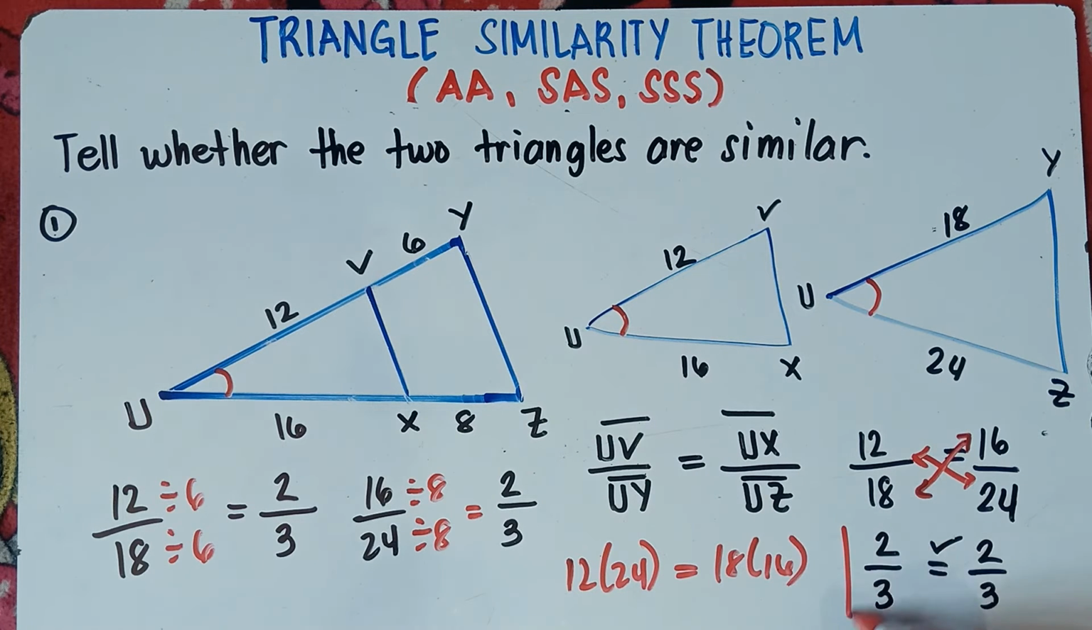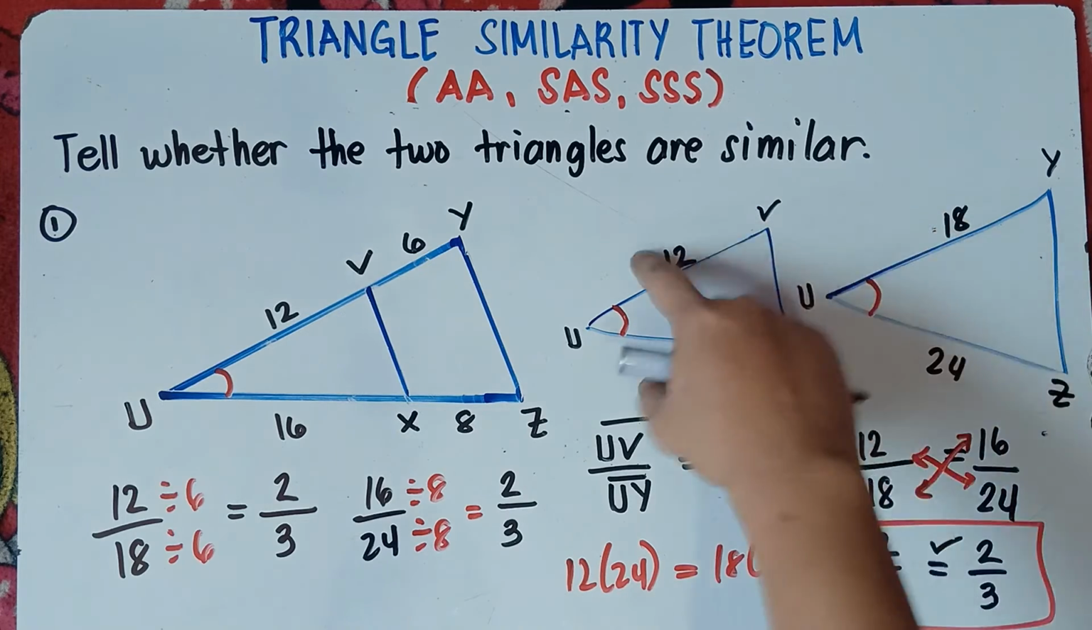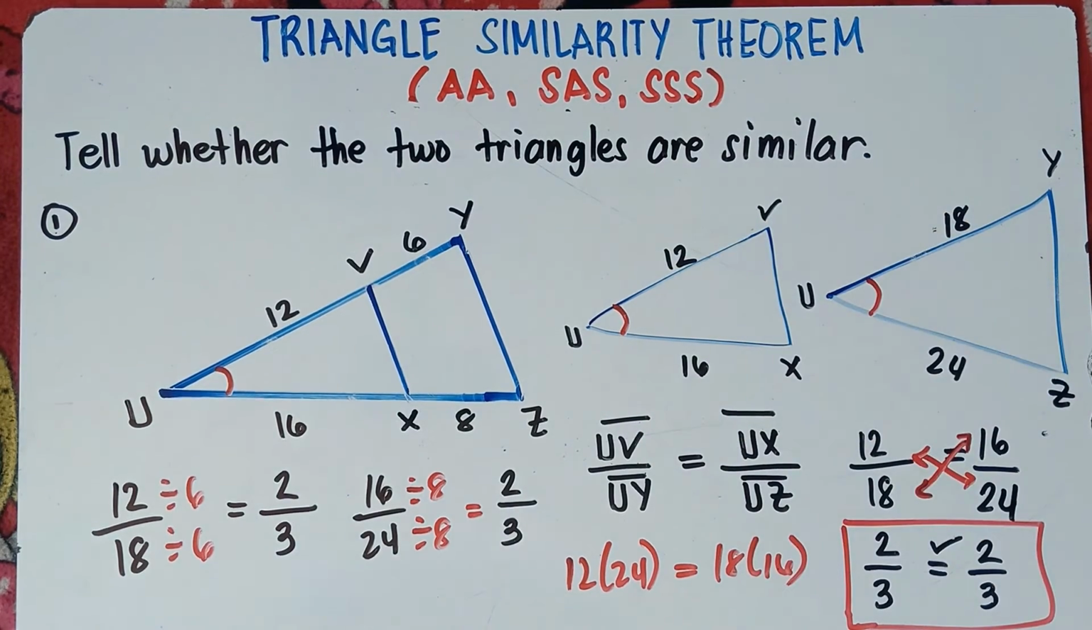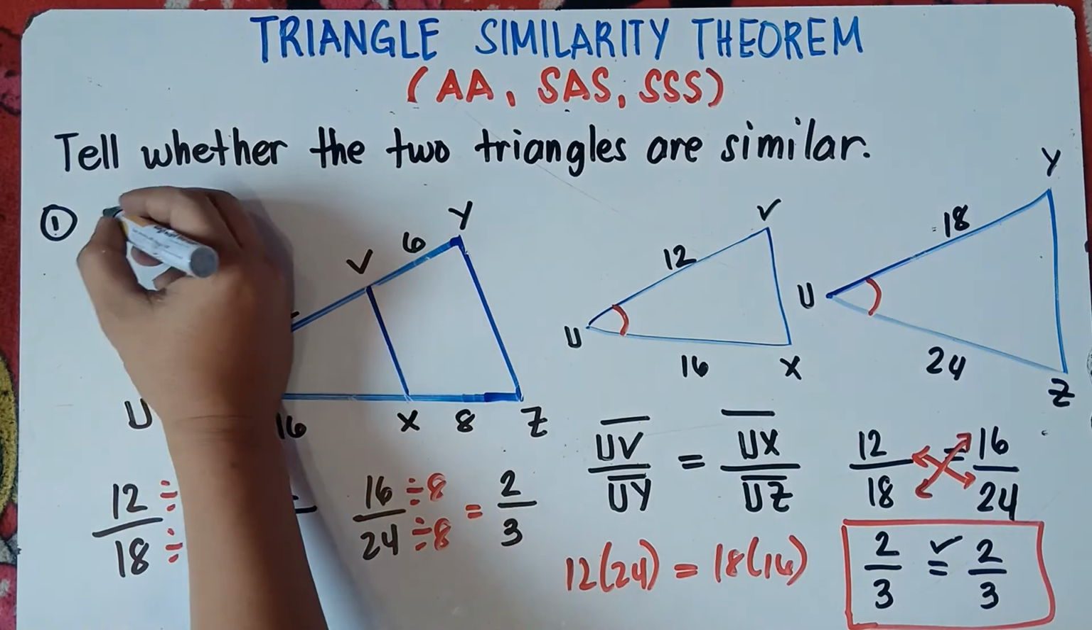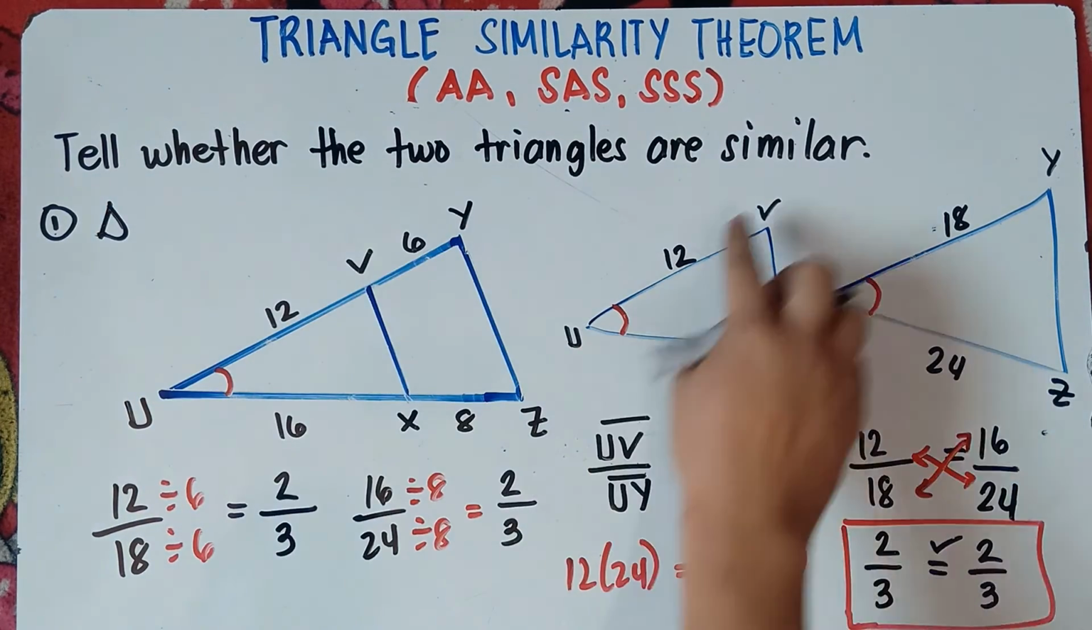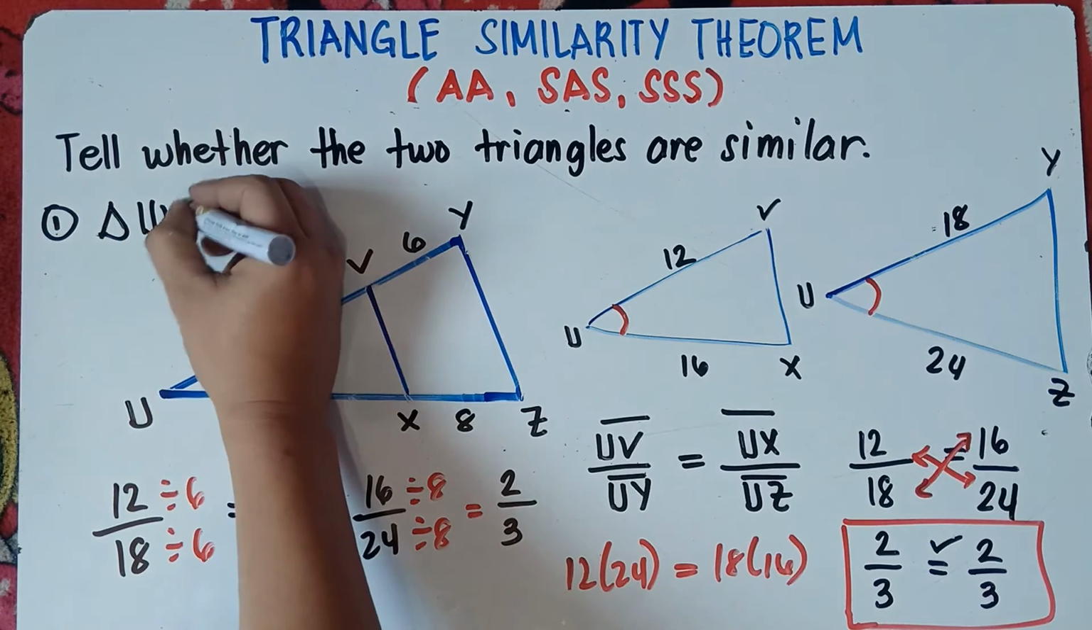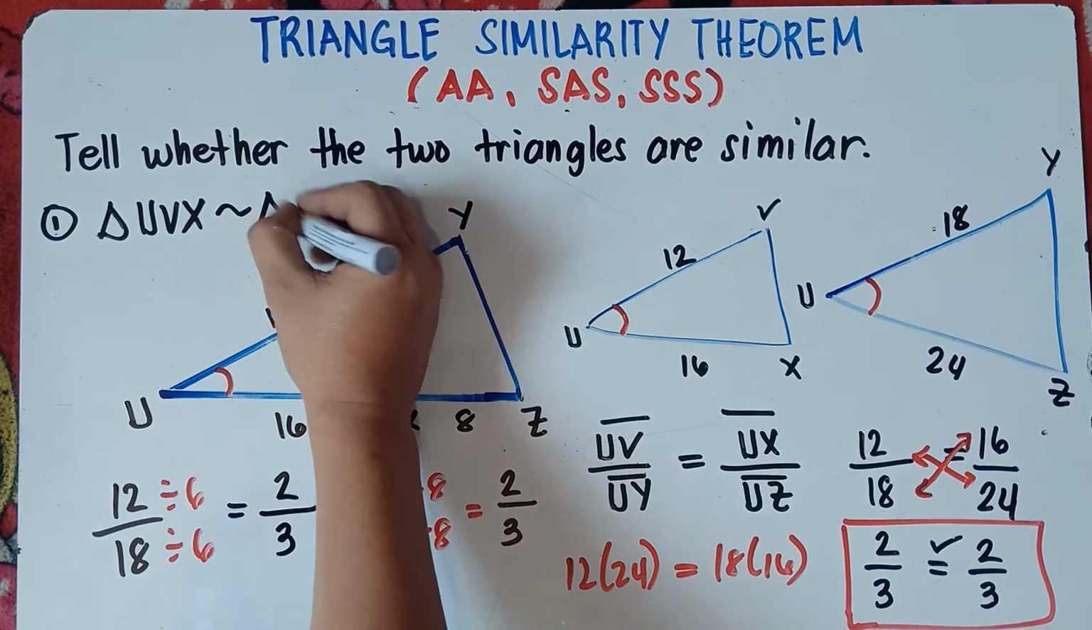So for me, it's better to reduce. So they have the same ratio, therefore the sides will be proportional. Alright, so we can say that these two triangles are similar. So we can write this one, the triangle UVX is similar to triangle